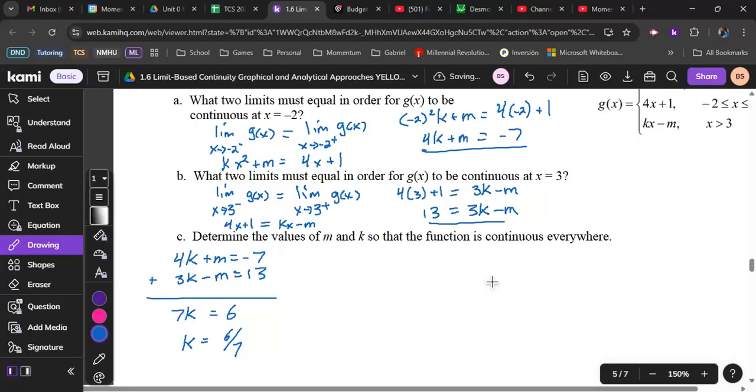Then I'm going to plug that in. 4 times 6/7 plus m equals negative 7. That's going to be 24 over 7 plus m equals negative 7. Then I'm going to move that over. So I've got that m is equal to negative 7